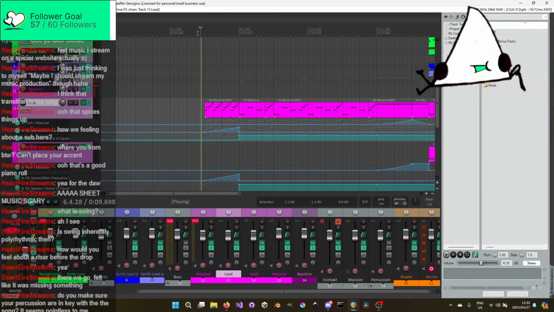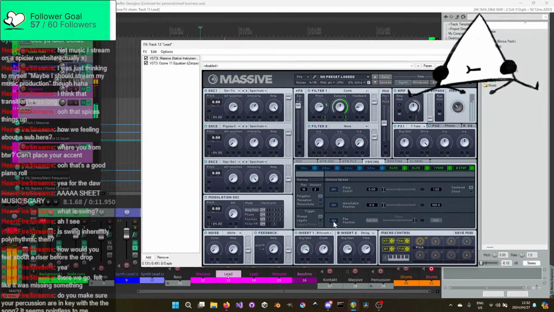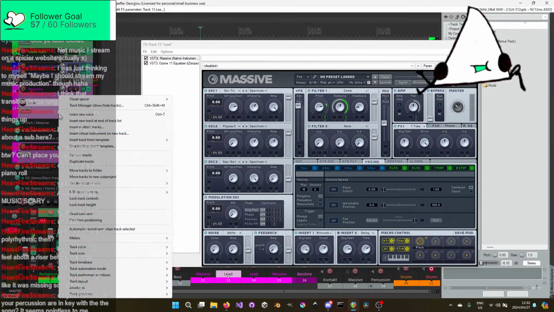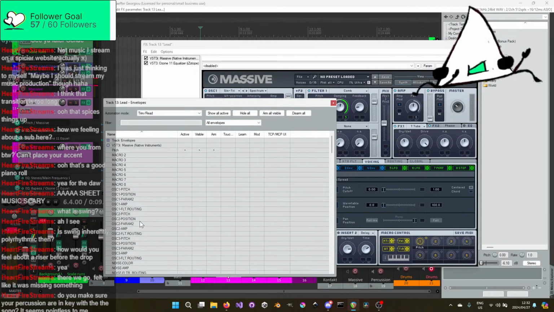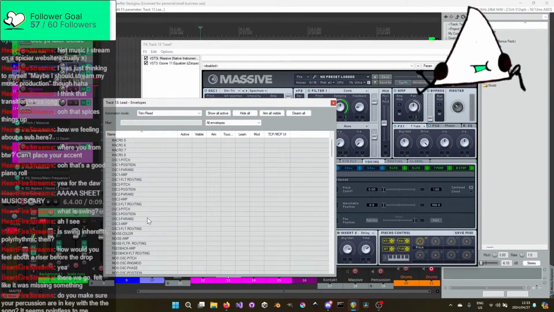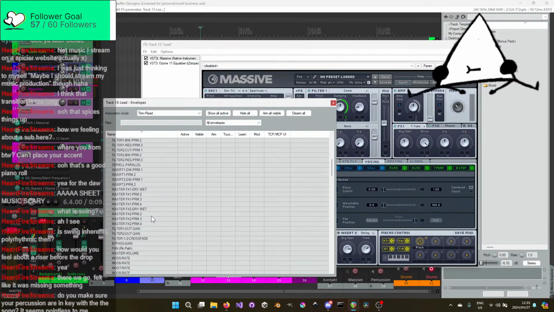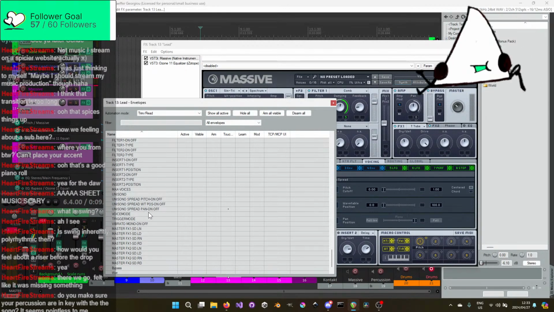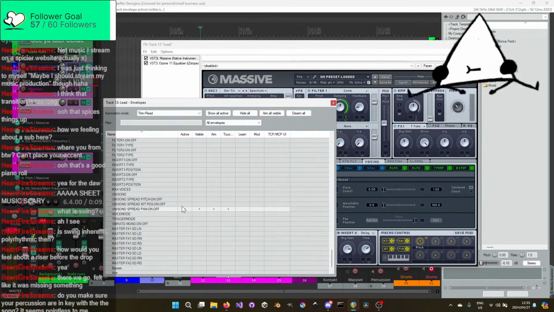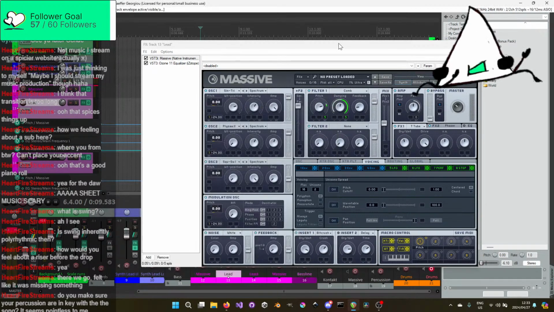I like messing around with that. Okay, I'll add an automation for that as well, because I like that. I like how the shenanigans happen in my headphones. It's probably not going to be nearly as noticeable on speakers, but I don't care. I'm doing it anyway. I like how it sounds, and if I like it, what else? Spread. Spread them.